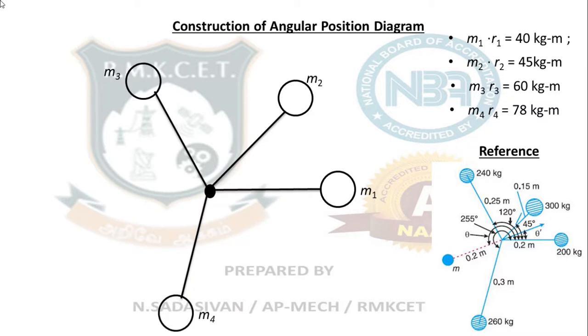Now this is my angular position diagram. What is very important in the angular position diagram is the designation of the masses m1, m2, m3, m4. You should mark this round. You can do it with just your bare hands. It need not be a proper circle. Just put the line. The angle is very important. The angle should be very correct. The inclination of 45 degrees should be perfect. From there, 75 should be perfect. From there, 135 should be perfect. That's what you are going to use out of this diagram.